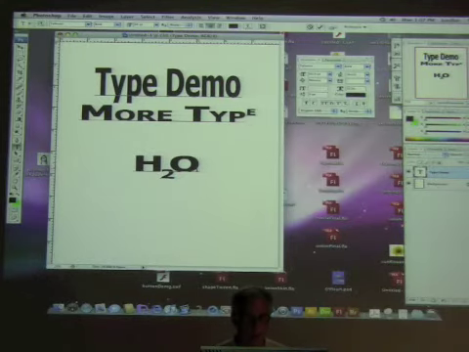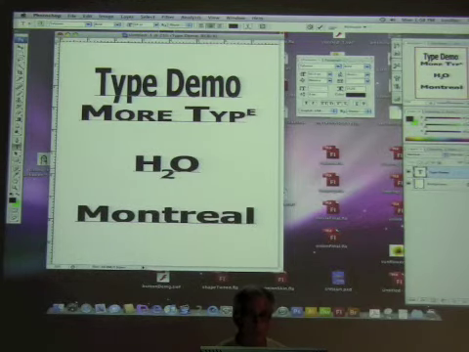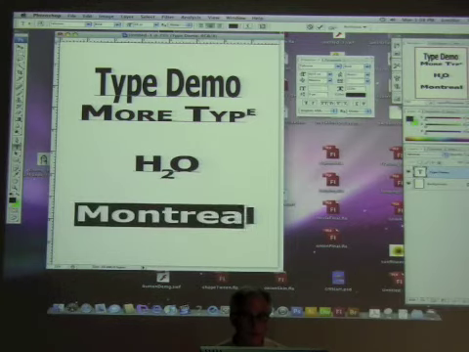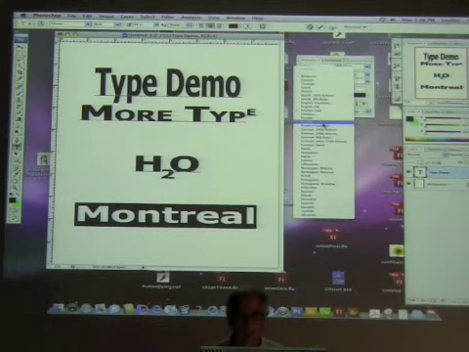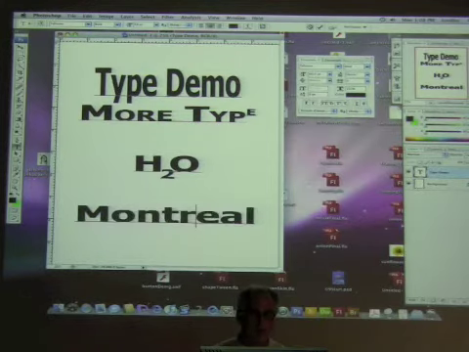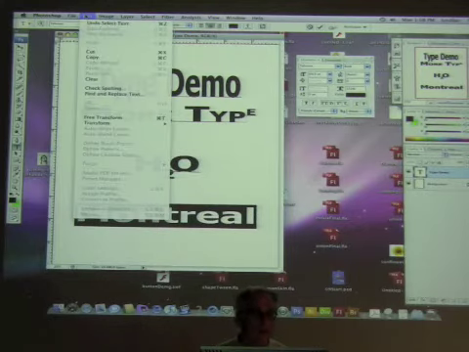I'm going to go ahead and hit return here again, and I'm going to type the word Montreal. Now, I'm going to select this and I'm going to change it from English USA to Canadian French. Notice I distinguish between French and French Canadian. You don't see any difference. Nothing happens. But as soon as I select the word and I go to Edit and I select Check Spelling,